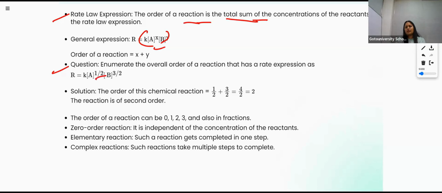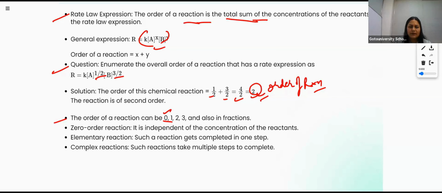By simply adding these values, right? 1 by 2 plus 3 by 2, by taking LCM we'll get 4 by 2, by dividing we'll get 2, which is the order of reaction. All right, now order of reaction can be 0, 1, 2 and 3, and it can also be in fractions. Okay, for zero order reaction,